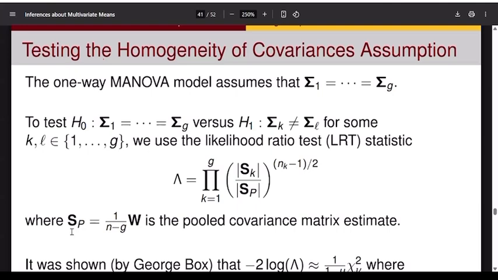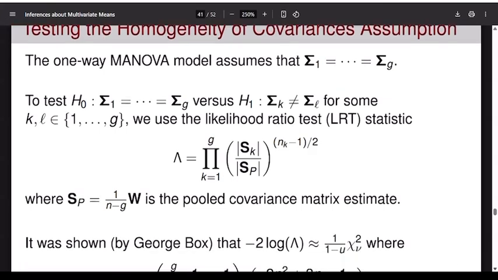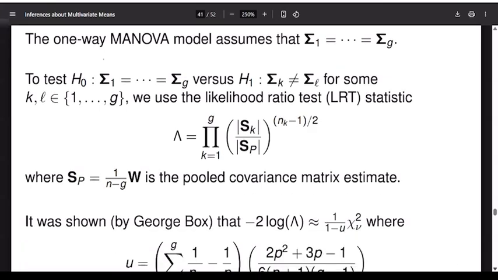I'm going to start with the S_p. Please pay attention. If I want to start with the S_p, I need to know the W matrix. The W matrix is the sum of squares and products within that we did in the multivariate analysis of variance test the other time. And of course, the S_k is the sample covariance for a particular